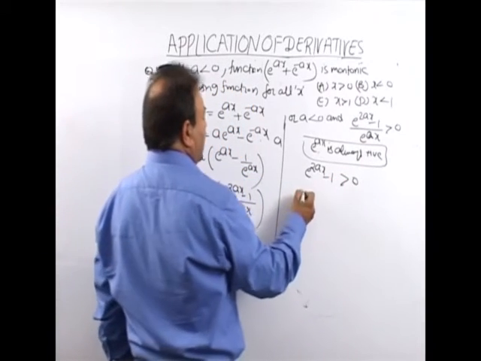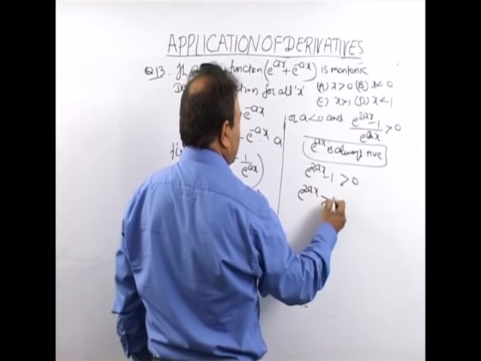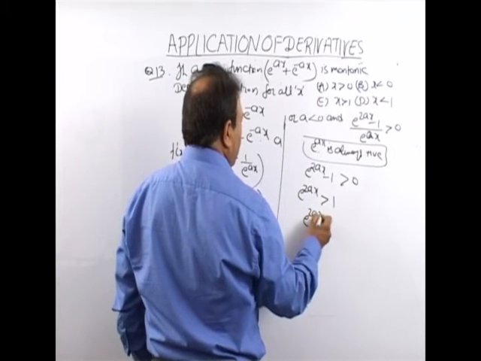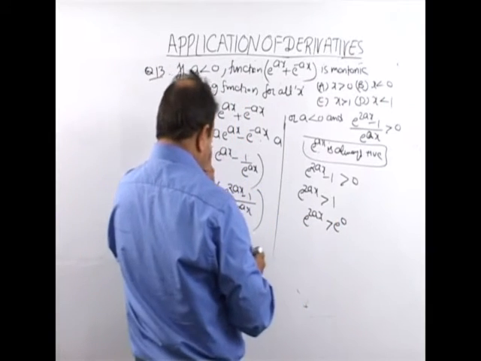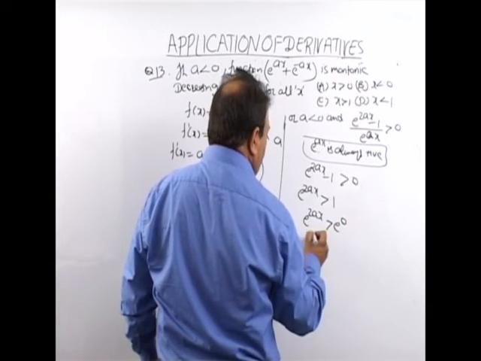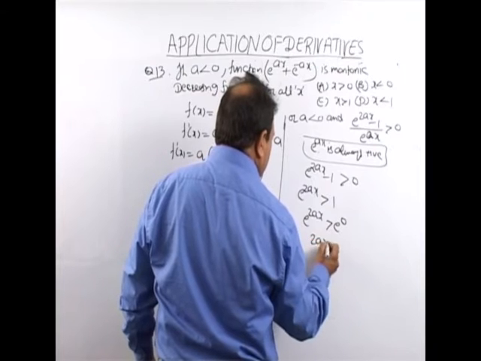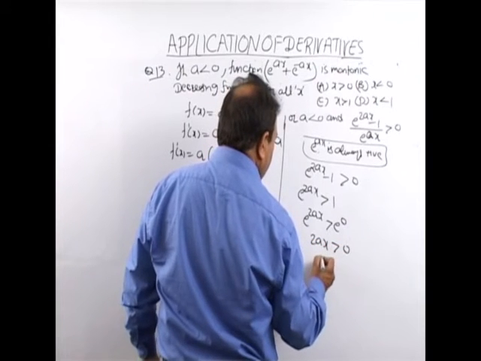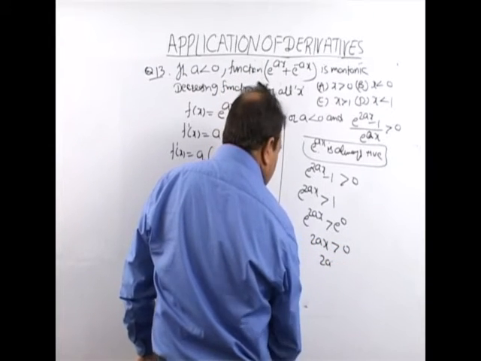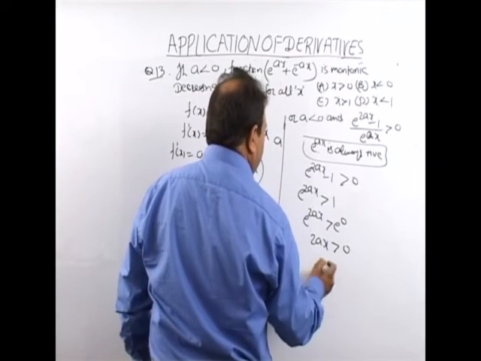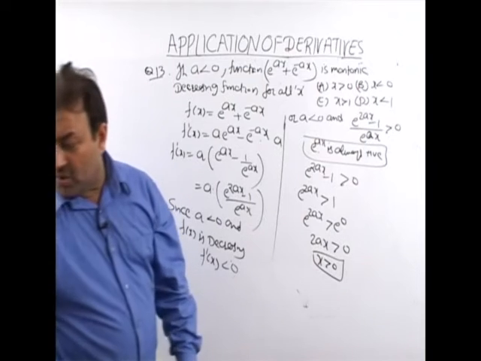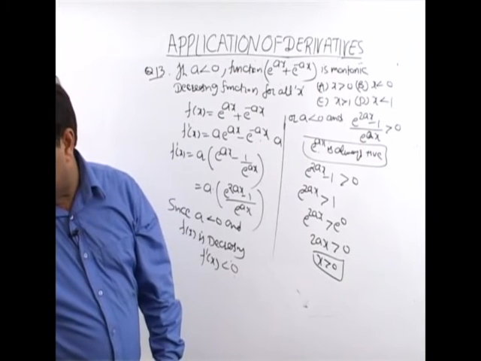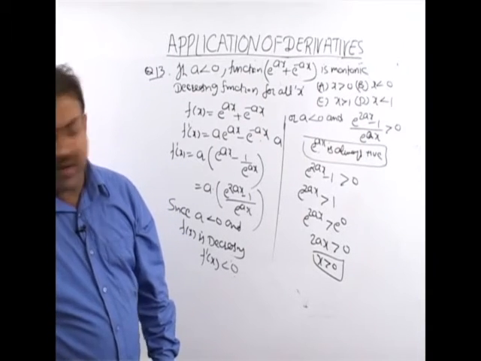Then I can say e the power 2ax is greater than 1. E the power 2ax is greater than e the power 0. Now bases are same, power must be equal. I can say 2ax is greater than 0. I can say x is greater than 0. X greater than 0, the right option we got it, that is, it comes out to be our A part,